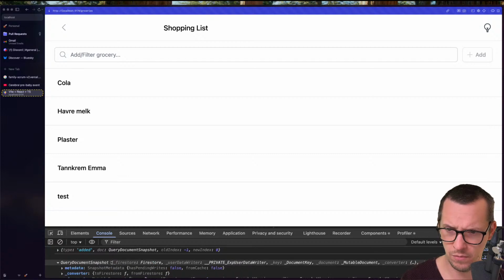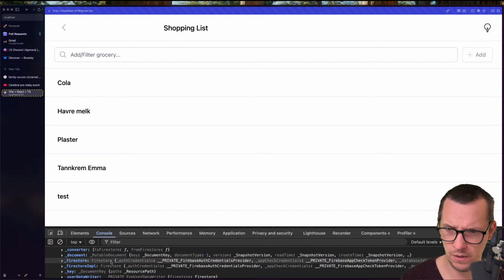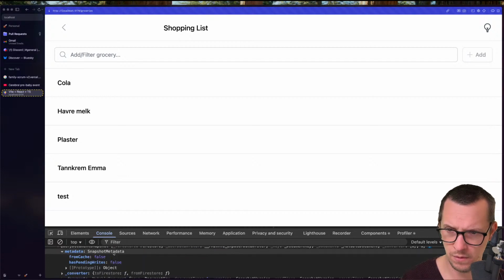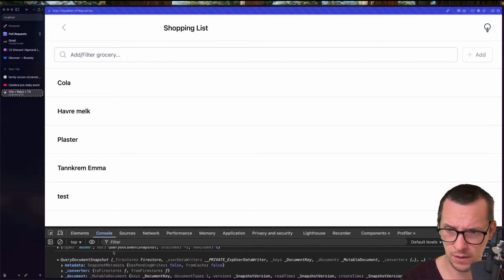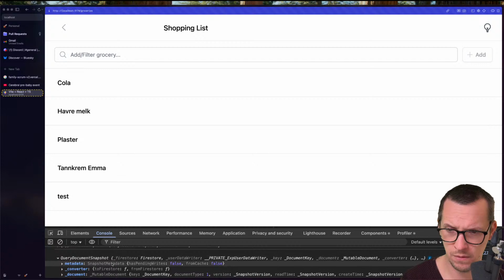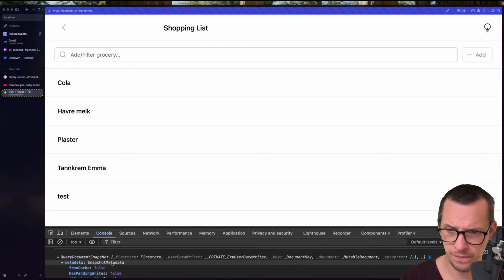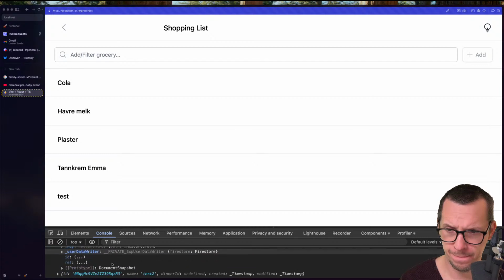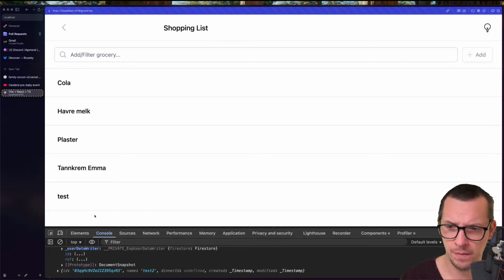So this is the metadata. From cache false. I think, oh, interesting. But if I add something here, I would probably get